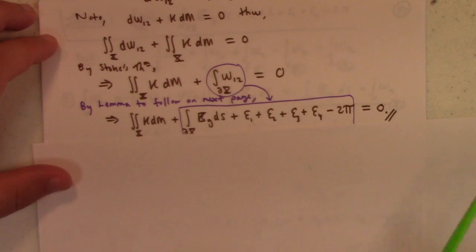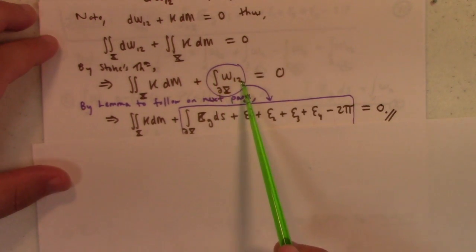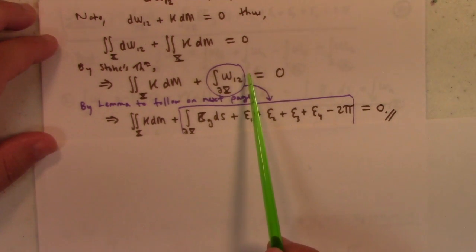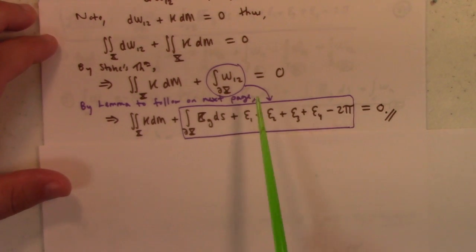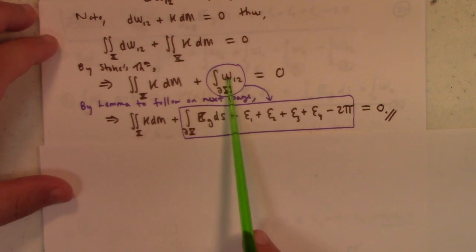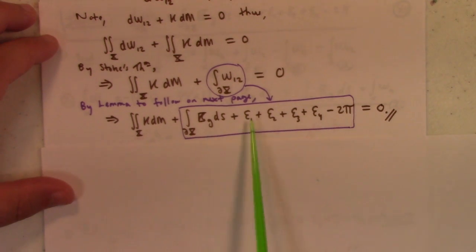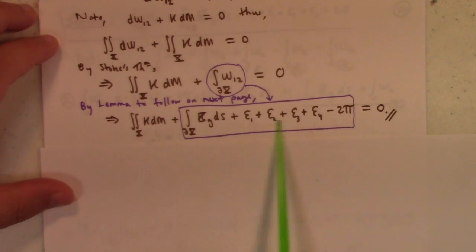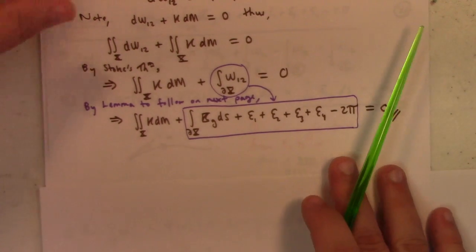But on the other hand, the relation between the integral of this form over the boundary and the interior angles or exterior angles in total geodesic curvature is somewhat complicated, right? And so by the lemma on the next page, this just works out to the integral over the boundary of the geodesic curvature plus these turning angles, these exterior angles, minus 2 pi, and that is the Gauss-Bonnet theorem with exterior angles. All right, now,